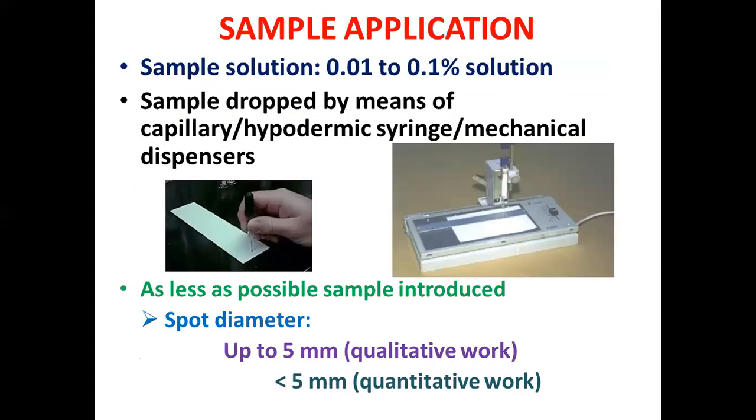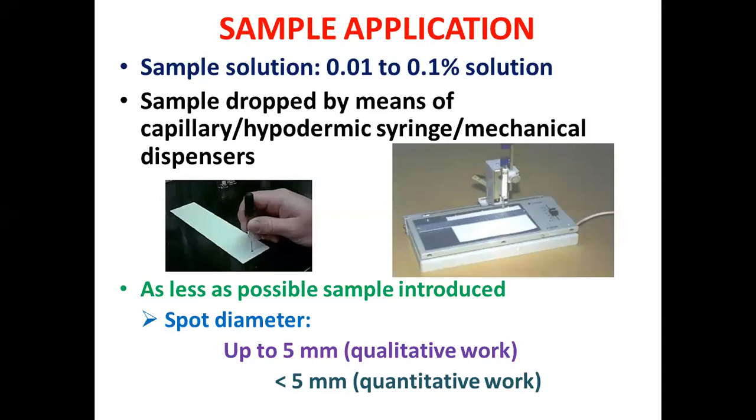Next, once the TLC plate preparation is over, the next step is sample application, because the objective of using the TLC technique is to separate the solute molecules. The sample needs to be introduced. How do we introduce the sample? First, you need a sample solution. The sample solution will be prepared at a concentration of 0.01 to 0.1% in a suitable solvent, because you will be performing the preliminary investigation. In the preliminary investigation, you will be finding a suitable solvent, and that solvent will be used to dissolve the sample. So you will prepare a 0.01 to 0.1% solution in a suitable solvent.